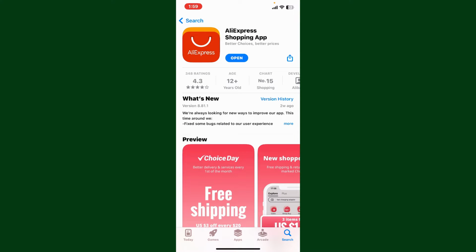Now in this page, if you see an update button instead of open, it means that you have the latest update release yet to be downloaded for AliExpress application on your device. Simply tap the update button and your download process should begin. The new update comes up with bug fixes and performance improvement, so make sure to update your application now and then. Once you are done with the update, you can open up the AliExpress application like you normally do and